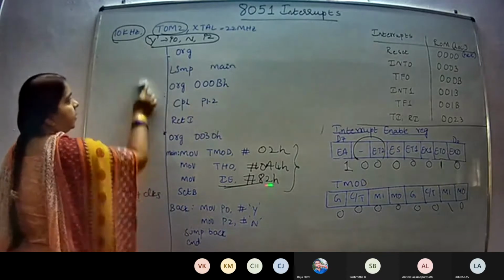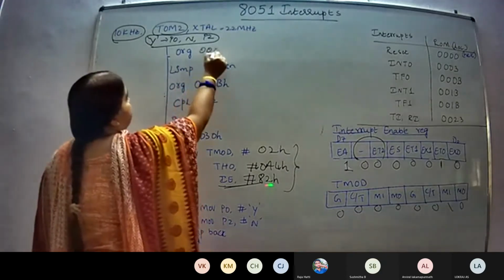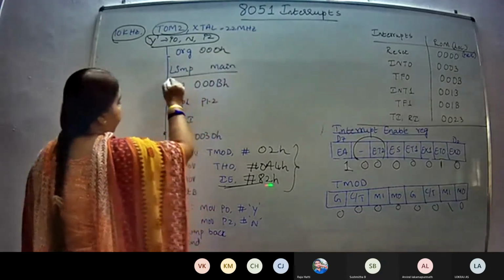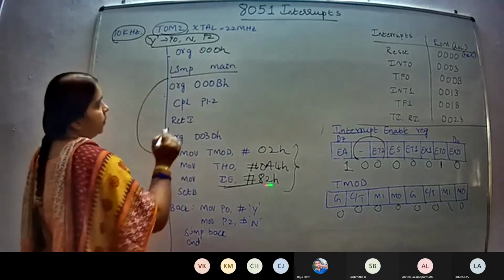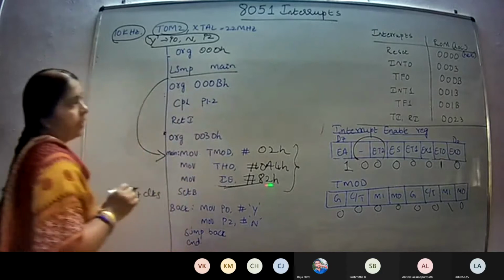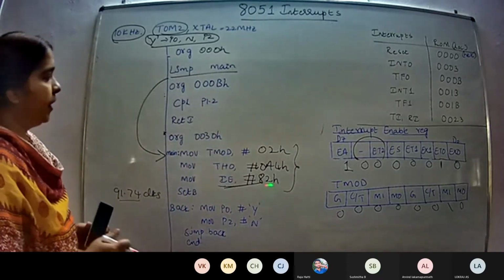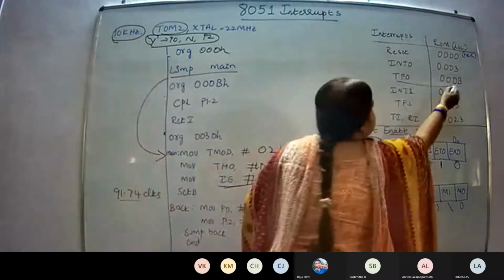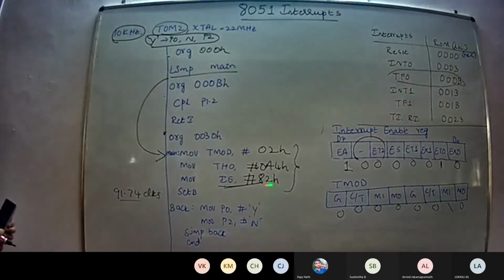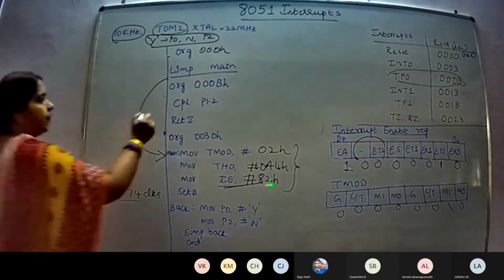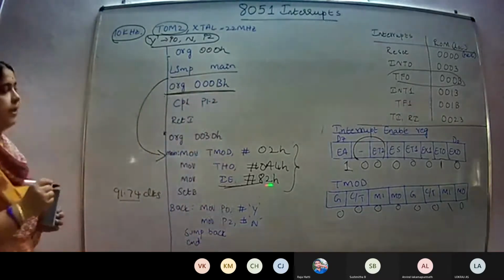Start with ORG. After ORG, going with 000H, just give a long jump for main. It should come for the main program. In the main program we have filled the values here. So which is the interrupt? Our interrupt is TF0. So this address should be used. You should know that. TF0 address is what? 000B. So that address should be written here for interrupt, because it is timer 0 interrupt.